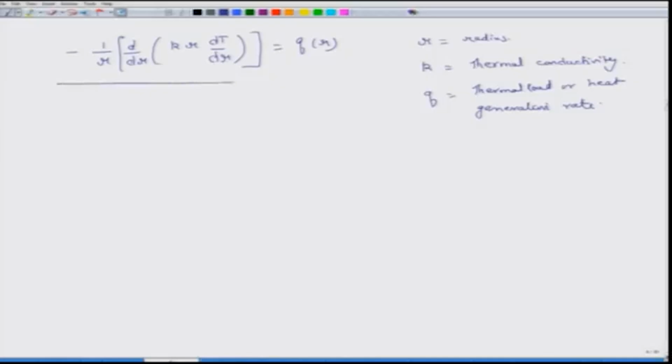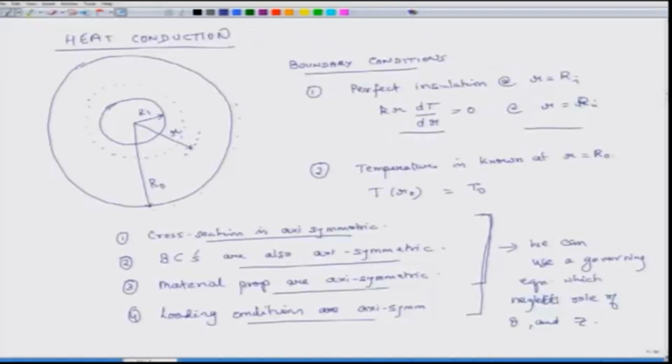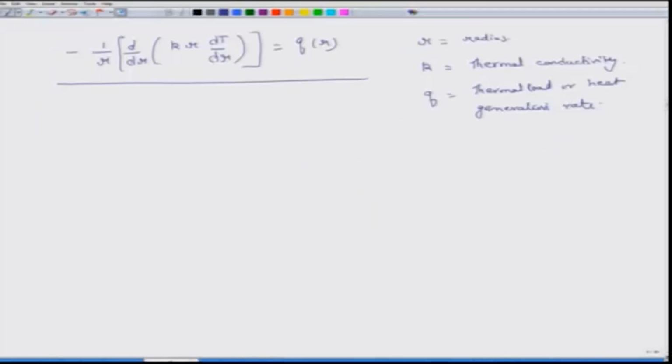So, this is the governing equation, and we have already explained that these are the boundary conditions. So, this is the geometry, these are the boundary conditions, also heat is getting generated somewhere in the body in an axisymmetric way. So, the governing equation for this problem is this,